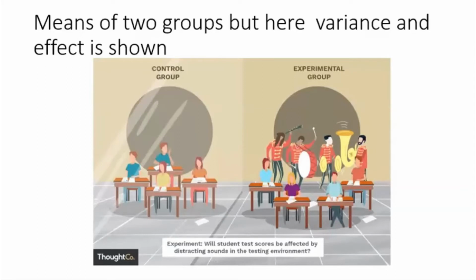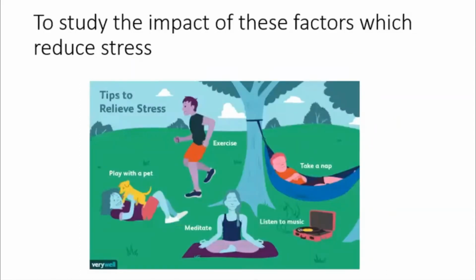Okay, you have papers and everything, I'll show you. Now, yesterday what you did, the model making where we take 3-4 such factors, is nothing but causal. Now look at this. It is a picture, but it is actually a model, where stress is the dependent variable. Exercising, sleeping, listening to music, meditating, playing with a pet. These are all, what are they? They are dash. Tell me what are they?